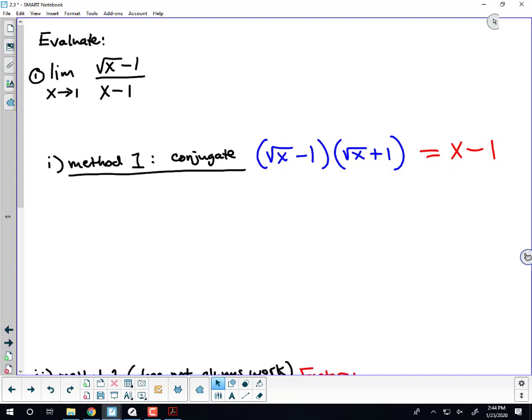So how is that helpful? Well, again, the issue in computing this limit comes from the factor on the denominator. If I can get rid of that factor of x minus 1 on the bottom, which means I need a factor of x minus 1 on the top, then I can compute that limit, just like that last problem. Okay, so then we're going to say that the limit as x approaches 1 of this function,